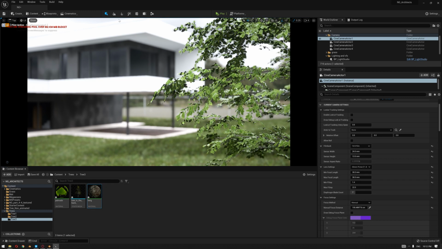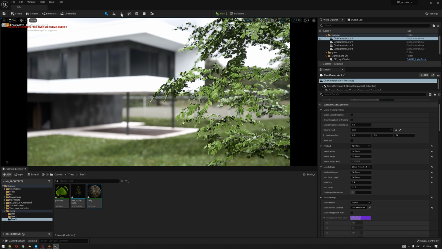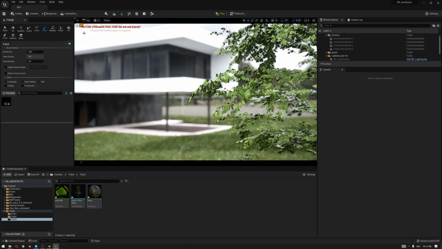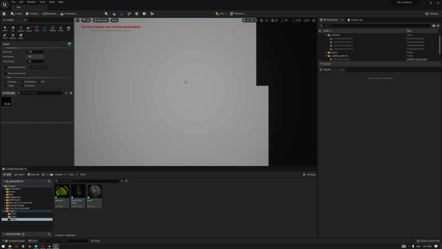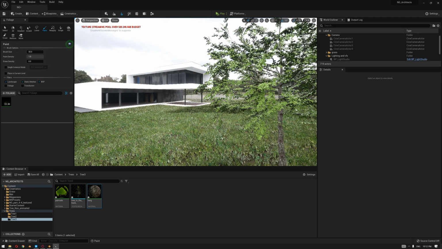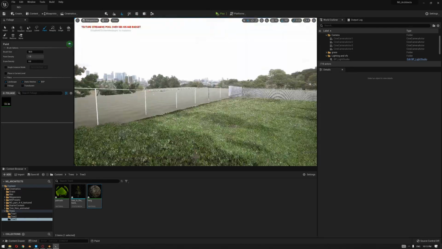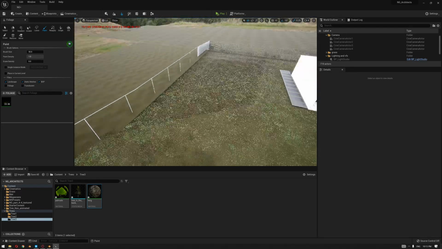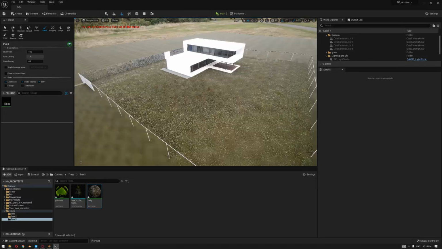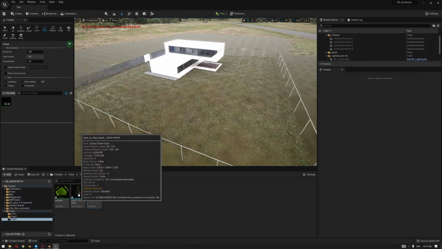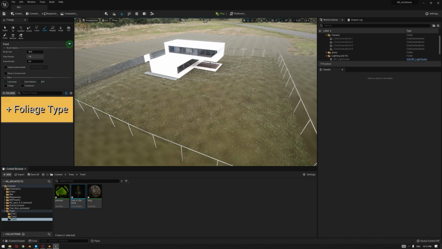Once the material is applied, we'll go to the foliage paint panel, get out of the camera and go to the perspective view. This is the part where you can start adding more trees to your surroundings around the house, because this is a much lighter model of the tree than the other one.